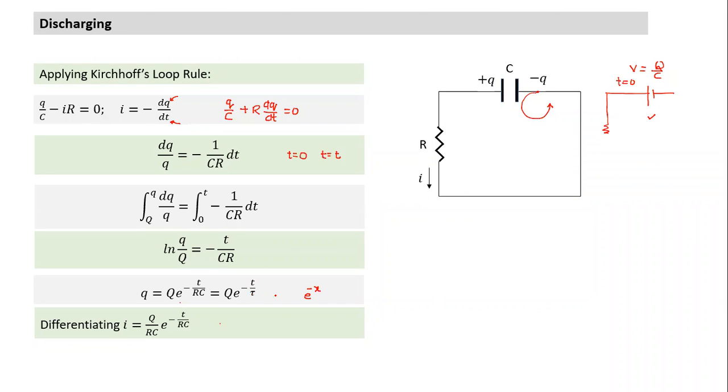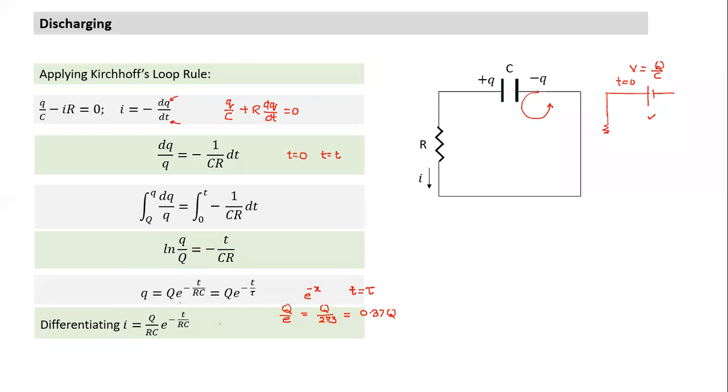Can we figure out what will be the charge at time t equal to one time constant? When t is equal to tau, how much will be the charge on the capacitor? Initial charge is Q0. I'll substitute t equal to tau, and it becomes Q0 by e. And what is e equal to? e is equal to 2.7, 2.73 whatever. So this is roughly equal to 0.37 Q0.